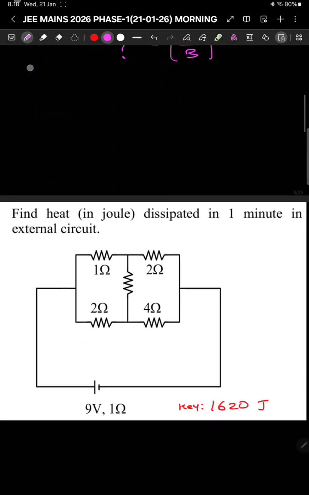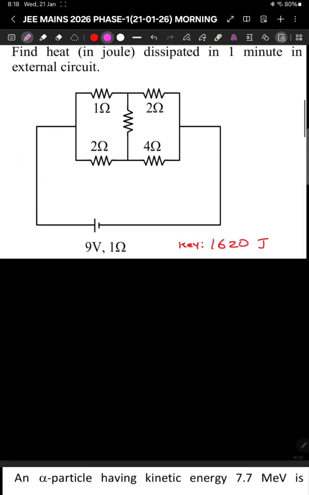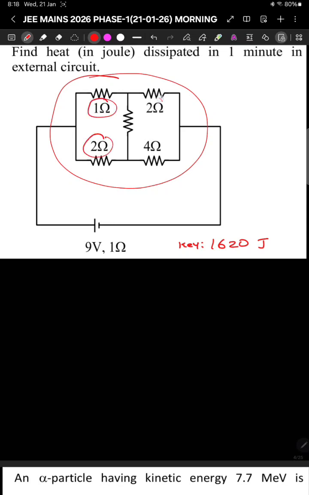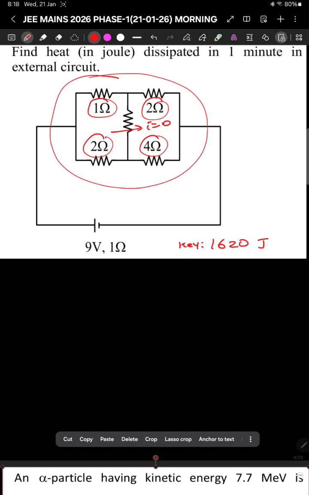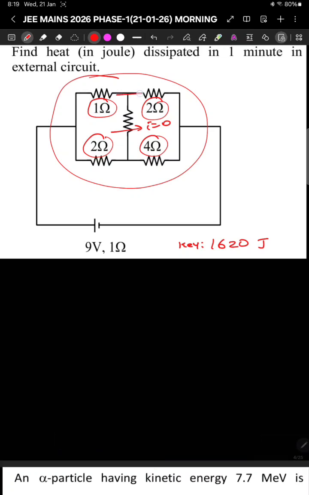Next question. A circuit is given like this. If you observe this, it acts like a Wheatstone bridge. And this bridge also got balanced here. So this ratio 1 by 2 equals 2 by 4. So the bridge is balanced, and there will be no current passing through this resistor. That means these two become series and these two become series. So finally what I get was